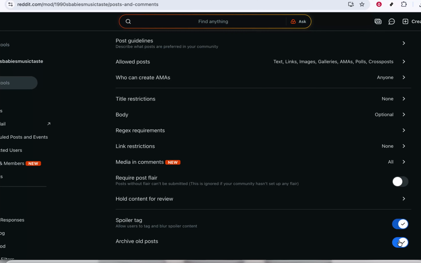First, you'll want to open the area where you manage your community or page and look for the section labeled Mod Tools or Moderation Tools. This is where all the behind the scenes controls live. Clicking on Mod Tools takes you into the main control panel where you can adjust settings that affect how posts